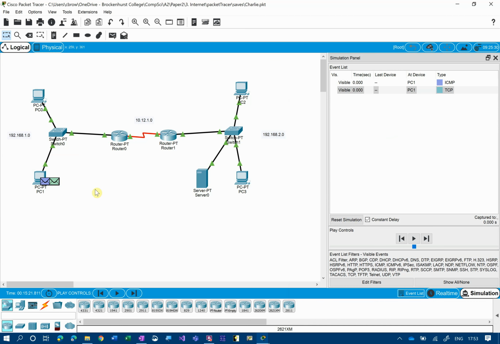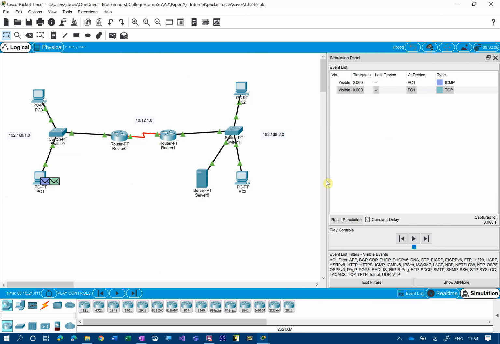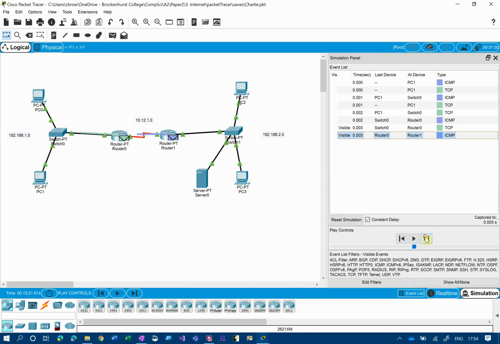Now, this time, my TCP will give me the right one. Yeah, there we go. So destination IP is that, source IP is that. Right, doesn't help, does it? Right, okay, so hopefully this should now work. Right, so off that goes. So it goes to the switch, it goes to that router there, then it hops along to the next one, and then